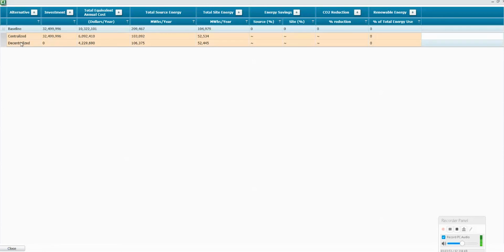And we can see the 2 groups of buildings are 2 building clusters, the buildings that are centralized currently, and the buildings that are decentralized. So the investment shouldn't be showing up here. I'll have to go back and look, there must be a section that I didn't shut off the investment for or turn to 0. We may have had an issue saving something, and that may be why the 4 didn't change over. I bet that's the cost for the boilers. So I'll go back to that in a minute, but we've got the total equivalent annual cost, the source energy,